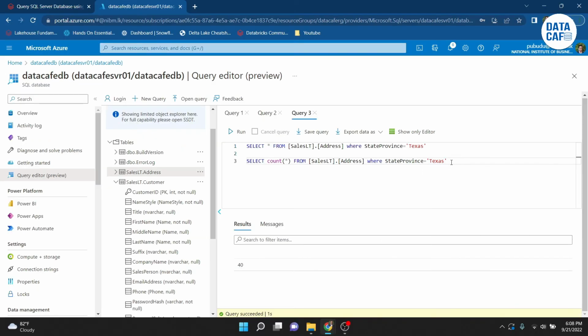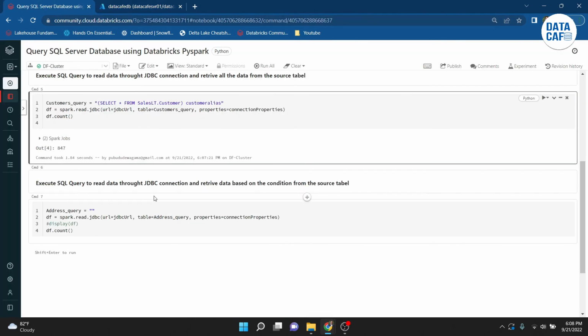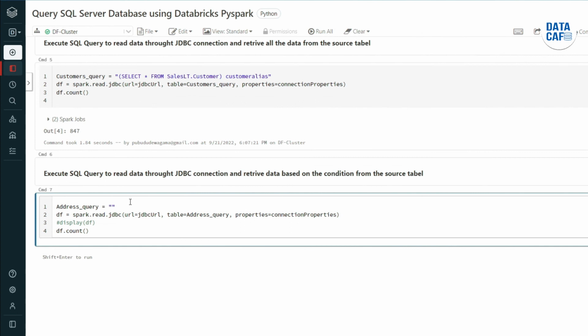So I'm going to use the same SQL query for my notebook, and I will paste that inside this bracket. So I will remove that information and include all, and you have to remove the square brackets like this, and at the end you have to put